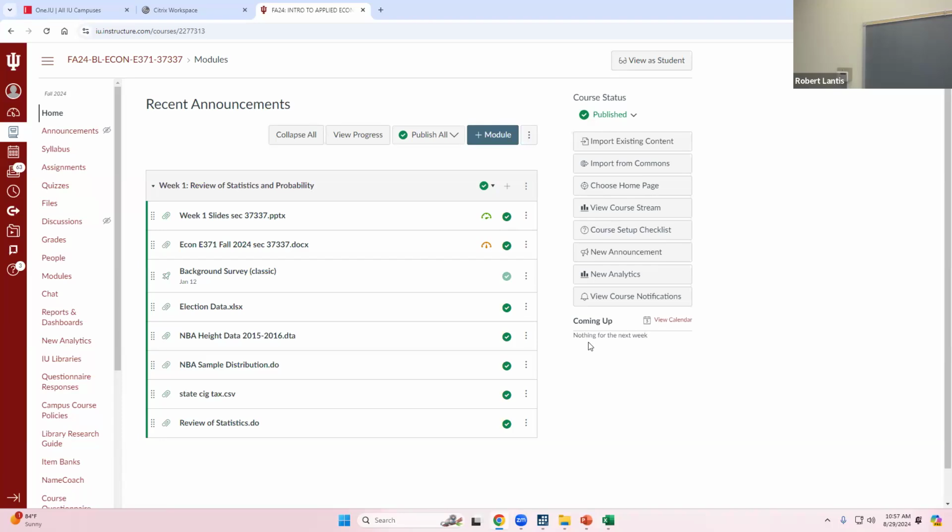One thing I would highly suggest before Tuesday: make sure you can get Stata working on your computer. If not, reach out to me. What might be helpful, if you can't, is even a Zoom meeting where you can screen share and walk me through exactly what's happening. Other than that, any questions for me before you go?